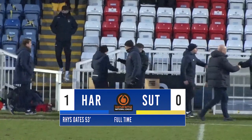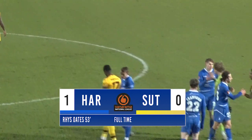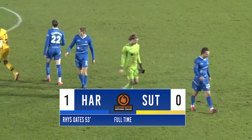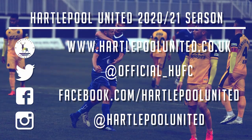It was a tight game. Sutton really showed what they're worth, but Hartlepool, probably from the end of that first half and throughout the second half, deserved that 1-0 lead and that 1-0 win. Yeah, it would have been nice to get a couple more goals the way they played in the second half. They had some really good opportunities and fantastic 3 points against a team who were